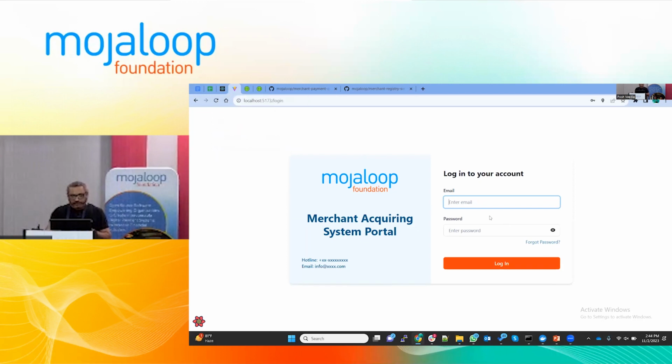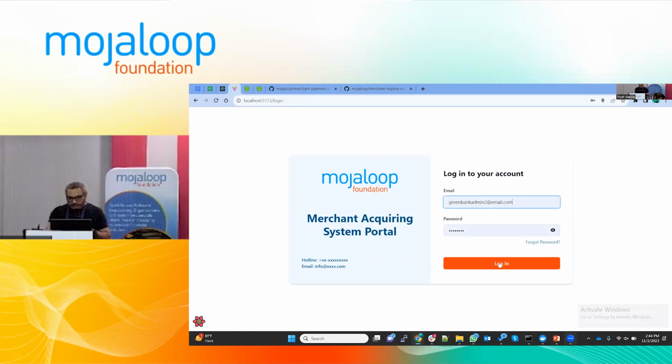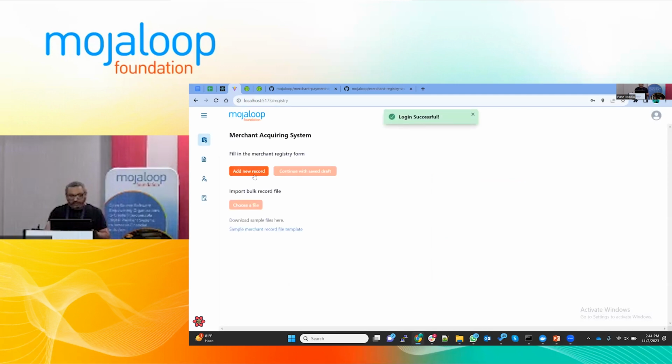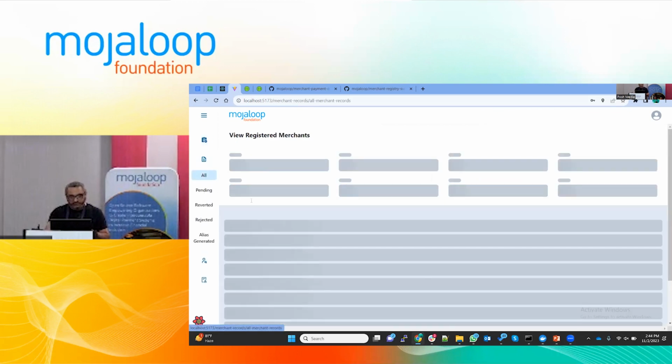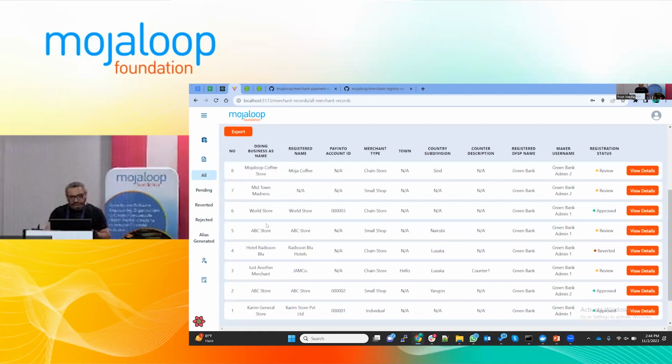This is the front end for the merchant acquiring portal, or the onboarding portal. If I log into this, you see this option, I can add records. And similarly, if I've already added records, I can see them, different types of merchants.